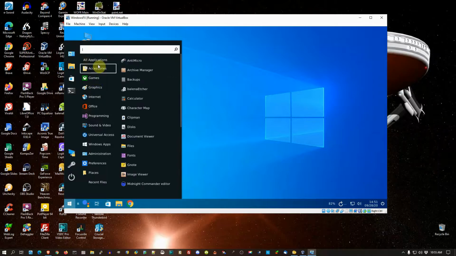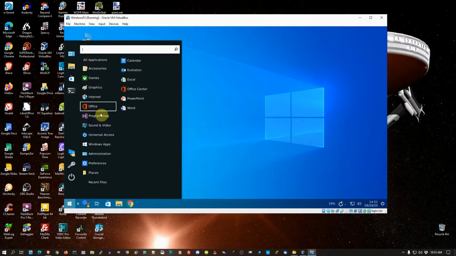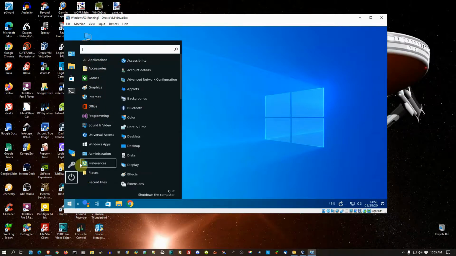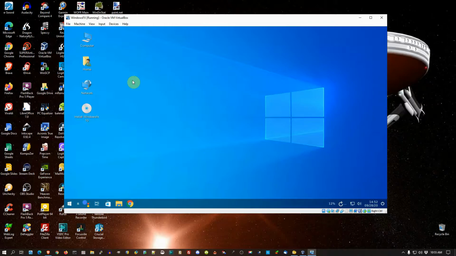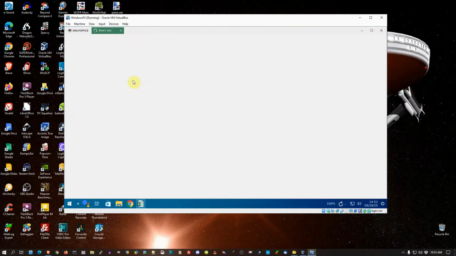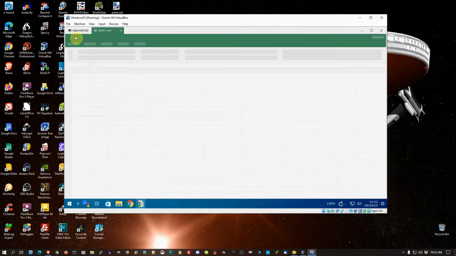So this is pretty cool. Now let's go to Office. Let me see if I can find it. Here we go, Office. Now notice it looks like this is Word, Excel, and PowerPoint. But let's start with Excel. We'll click on that, and you'll notice as it comes up that it's really only Office. Now, Only Office is an open source version